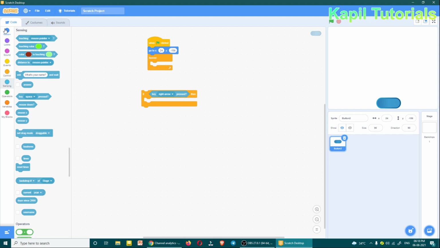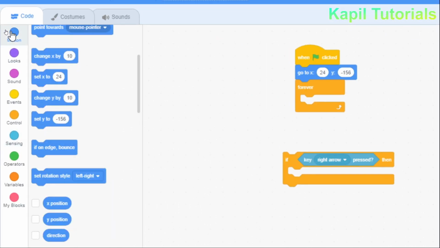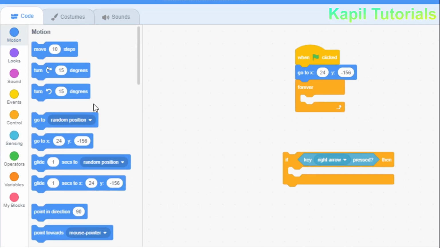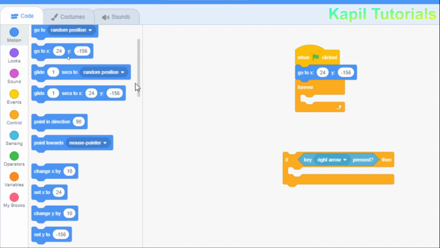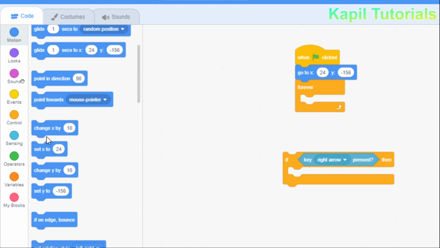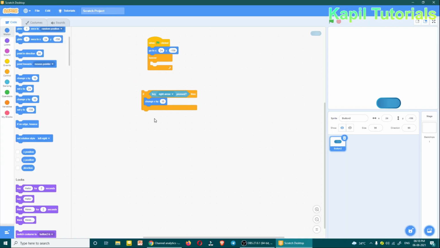Change x. I have to go to motion. So here I have to find the x command. You can see here the command, change x by 10. So I'll drag it here. So what it means is, if I press the right arrow key, this will move towards the right side by 10.